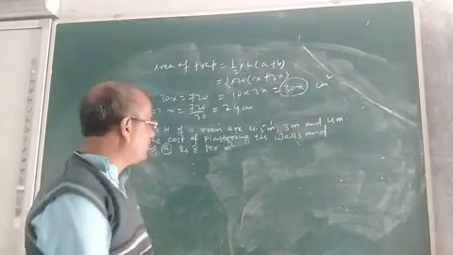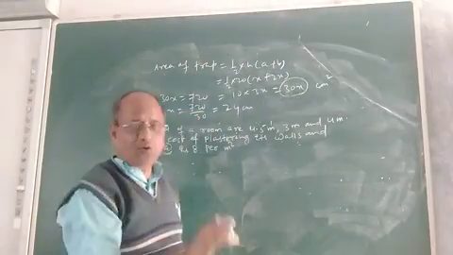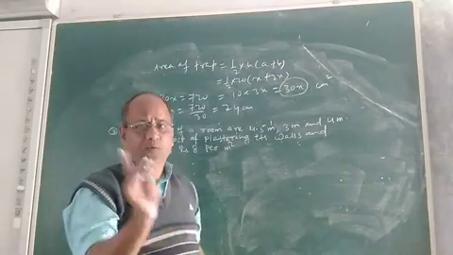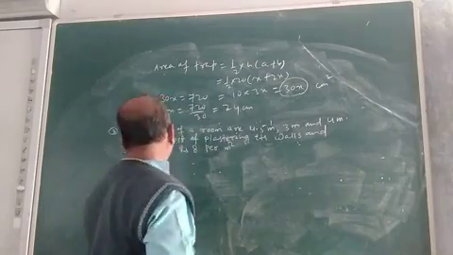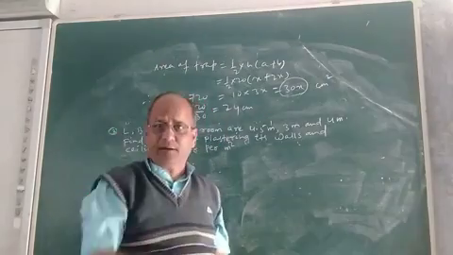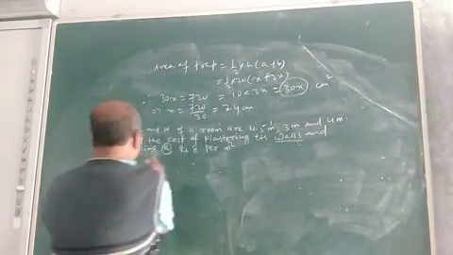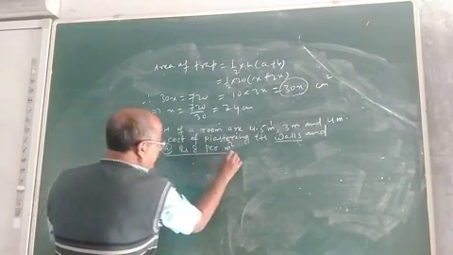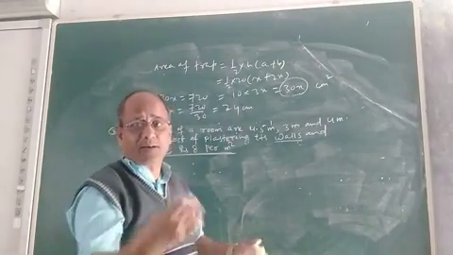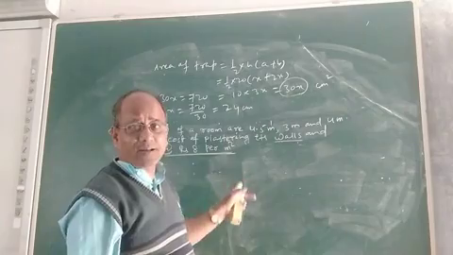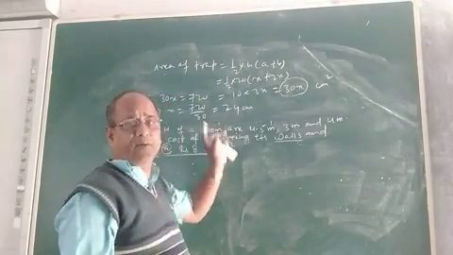What is the question? Find the cost of plastering its walls. As you know, in a room there are 4 walls. Suppose you want to plaster all the 4 walls, and you also want to plaster the ceiling. Ceiling means the top surface. If you want to plaster the walls and the ceiling at the rate of rupees 8 per square meter, then what will be the cost? What will be the cost of plastering the walls of the room and the ceiling at the rate of rupees 8 per meter square?